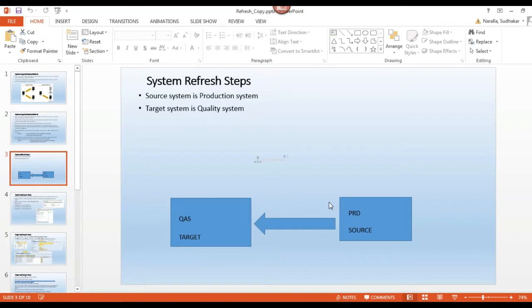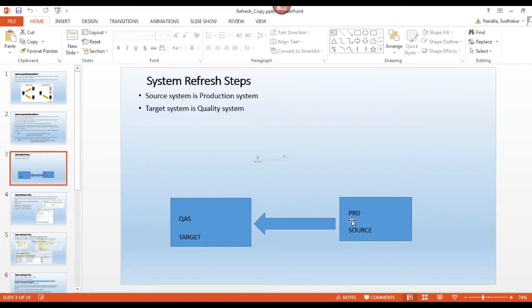System refresh in real-time scenarios, we can perform from production to quality, or production to sandbox, or production to any other systems. Okay, so this is the scenario. Production is my source system and quality is my target system.